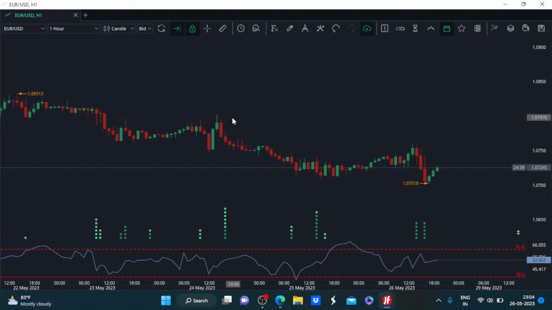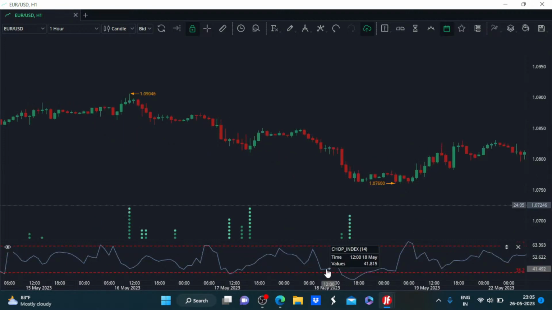And when the output of the choppiness index is in this territory below this critical lower line, then you get to see price momentum and price volatility also being one-sided, and the market shows us that there is this indicator which we can utilize reliably for deciding when to take the trade and when to sit on the